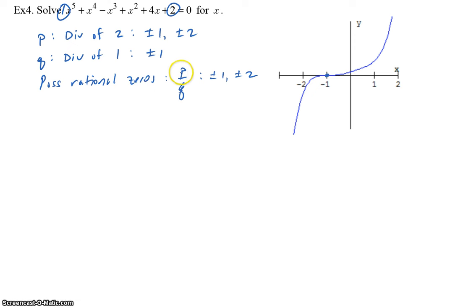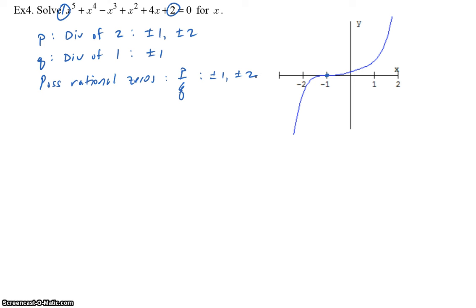Only 4 possible rational zeros. As you can see, -1 is one of those possibilities. The other 3, positive 1, positive 2, and -2, based on what we can see in the graph,